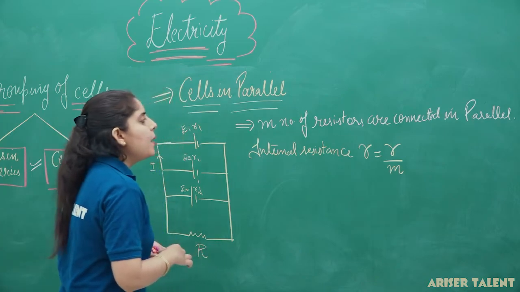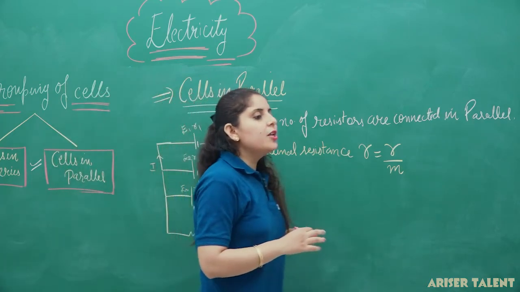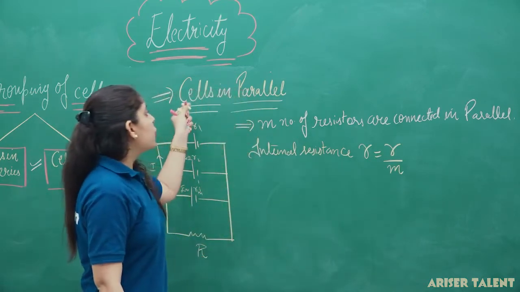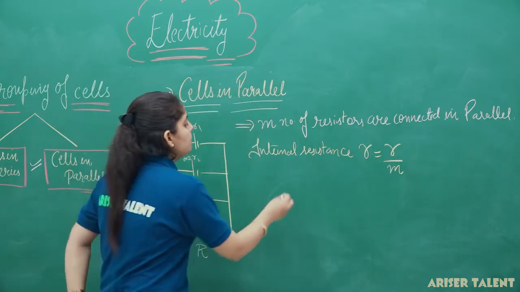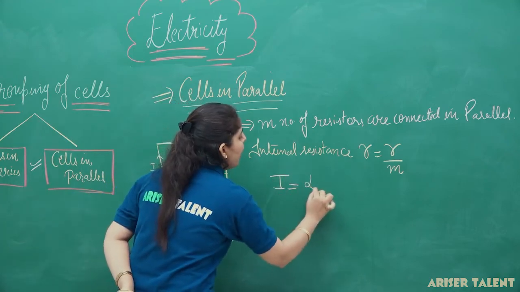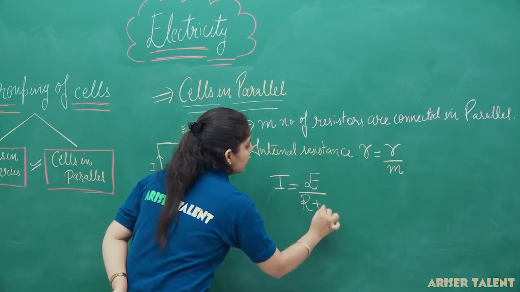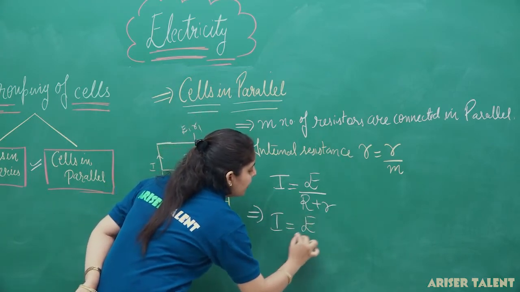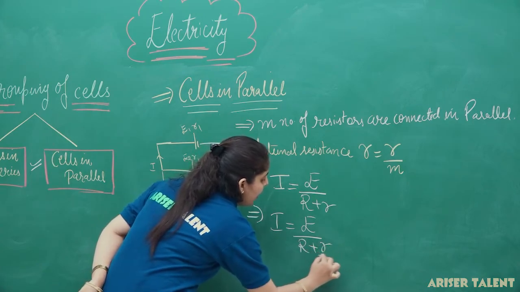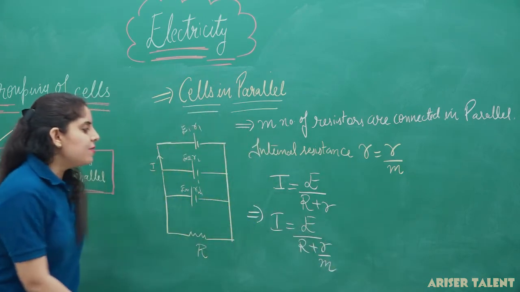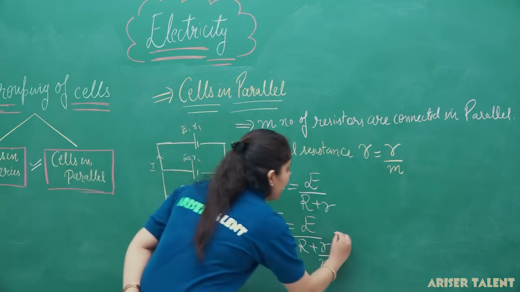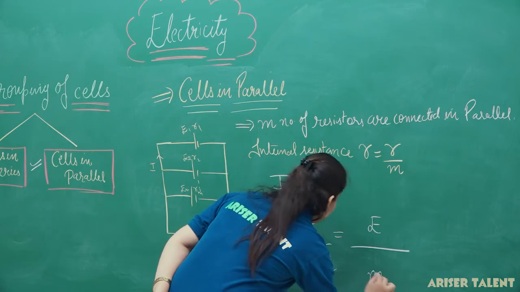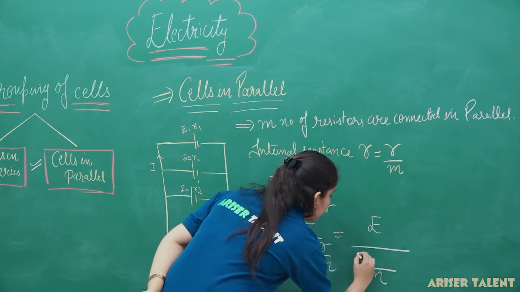Now what is our purpose in this equation? In this equation we want to calculate the current in the parallel circuit when the cells are grouped in parallel manner. So current will be equal to I equal to E upon R plus r. So in this case the current I will be equal to E upon R plus r by m. So this is the value of current I am getting here. If I am taking m as an LCM here, then what I will get here? I will get here mR